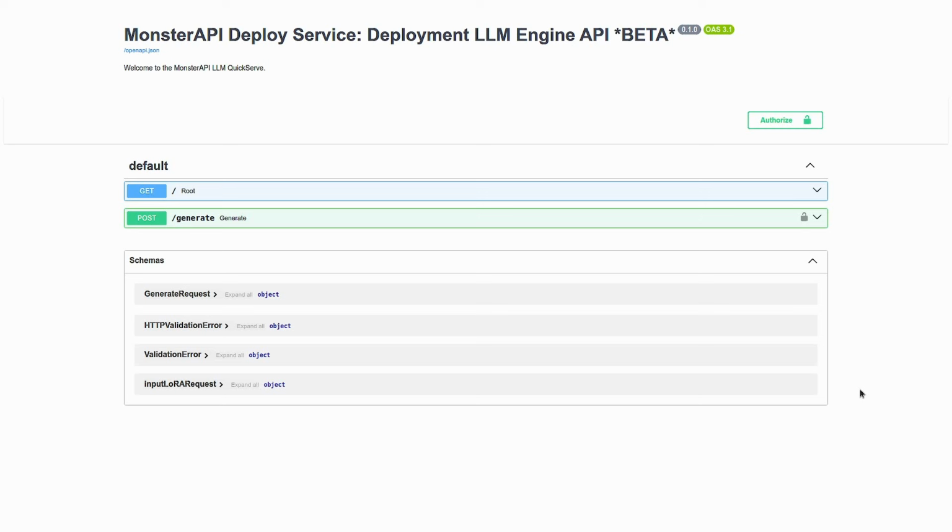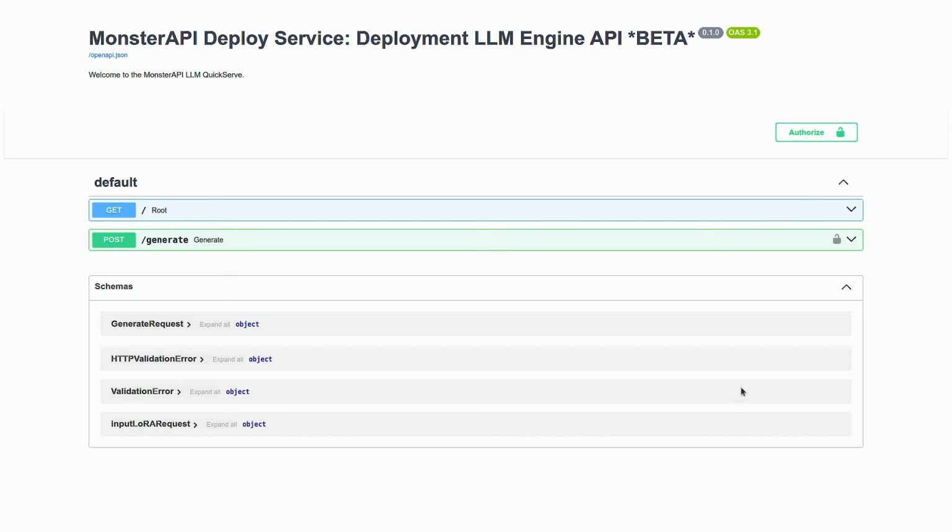Yep, that's my API endpoint. So I have got a GET request and a POST request option. For generating the text based on your prompt, you need to send a POST request. All right, now I'm going to actually test this API endpoint, and for that, the first thing I need is to authorize this API endpoint. So we already saw that Monsterapi uses a bearer token